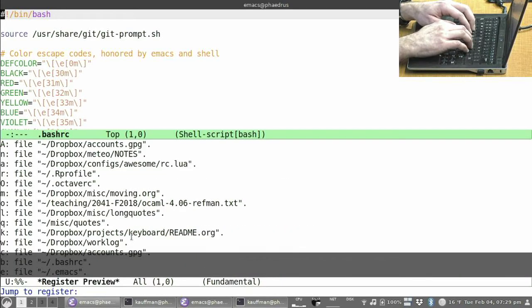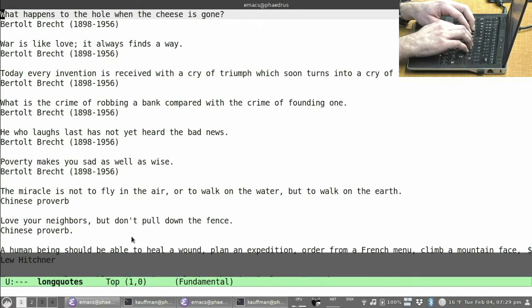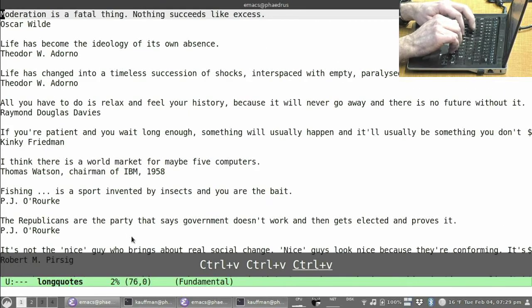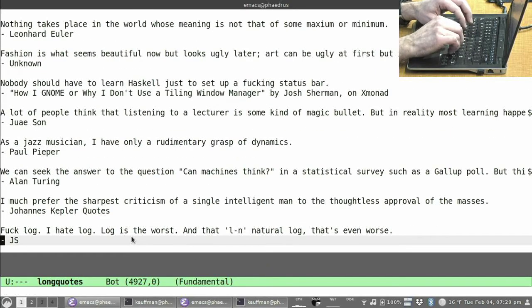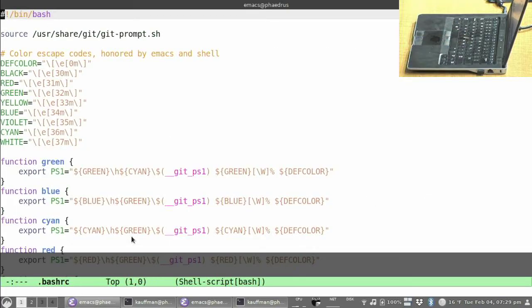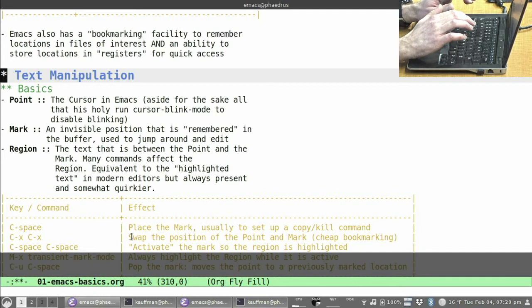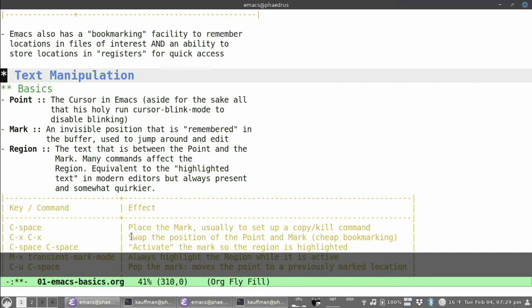I tend to collect quotes at times, so I have this long collection of quotes that various famous people, or not famous people, have said. Oh, I should probably have, this is supposed to be PG, so you can look at it later on. At any rate, those things we don't have a lot of time to talk about,